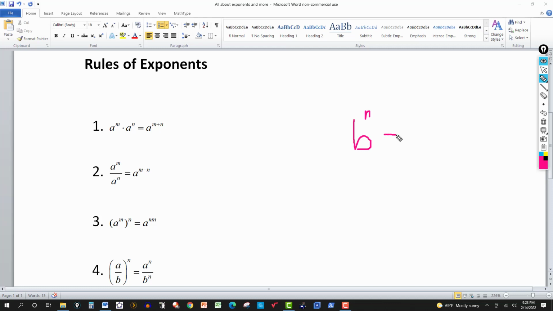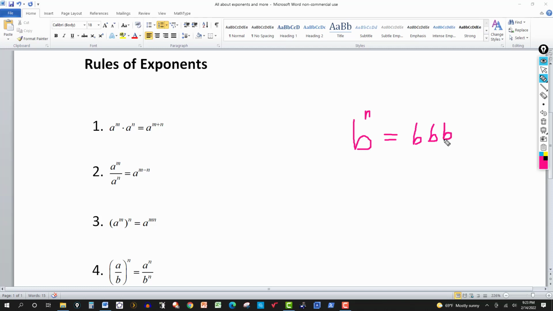So I got a base. I'm going to call it b. And then the n over here is the exponent. So we can read this as b to the nth power, and the n is called an exponent. It can be called the power, and all this means is the base is taken as a factor n times. So I would write b, I won't put the dots here because it's understood to be multiplied, b times b